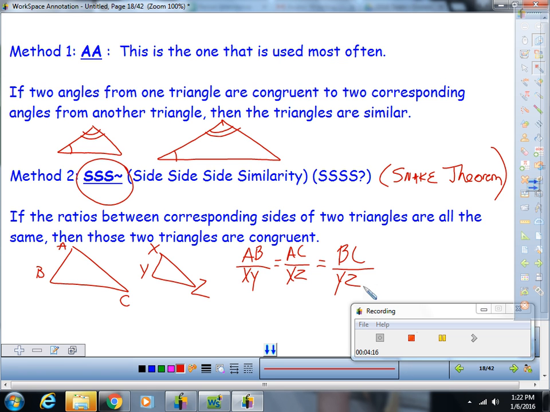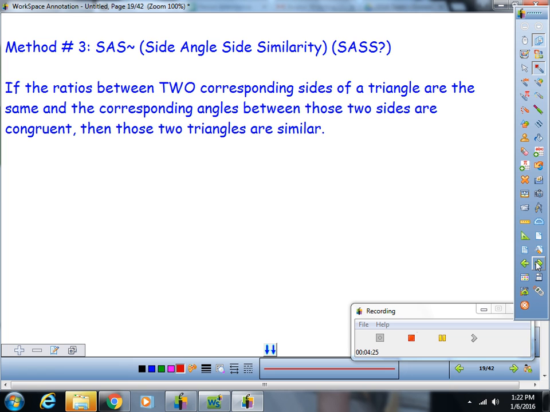So you can kind of imagine that we're going to need numbers to do that, so it won't be your typical 2-column proof. Okay? The third way is the side angle side similarity shortcut, or the sassy snake theorem. Okay? And what this one says that if you've got, oh man, that is not a triangle, but we're going to move on. If you've got